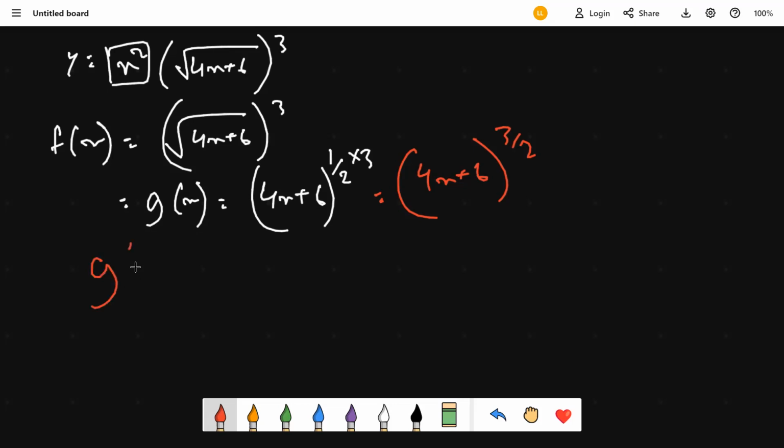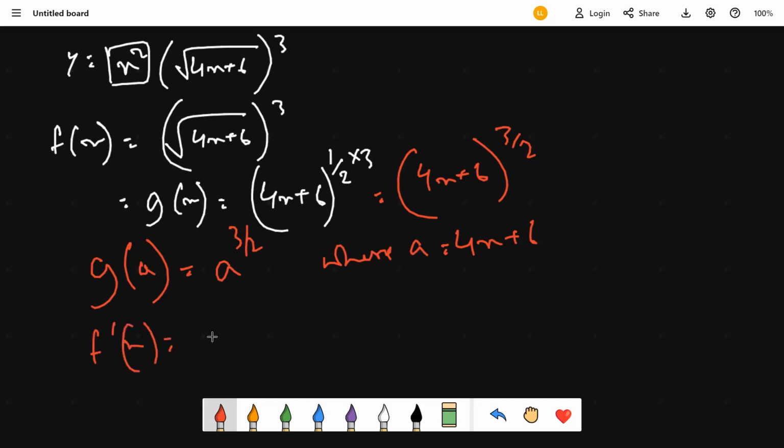Like g of x as part of the equation, where we have g of a, which is, let's say, a to the power 3 by 2. That means a equals 4x plus 6. So in order to find g prime of x, we have to find g prime of a at first. So g prime of a